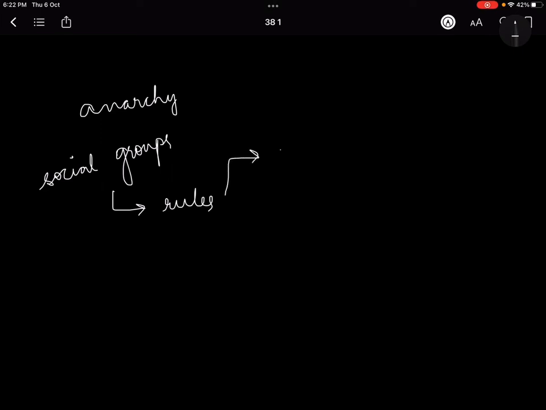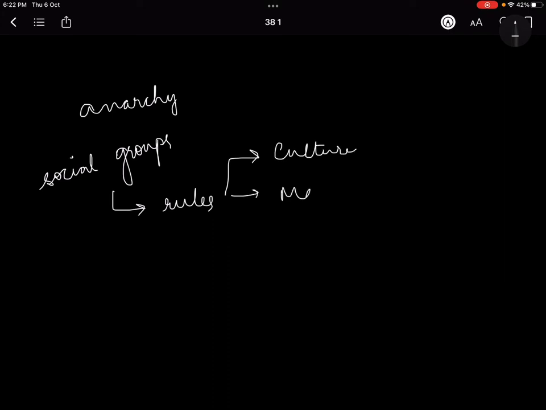So basically there was anarchy. Because in the beginning man understood that we need to live in social groups. There is a need to live in social groups. So when they started to live in social groups, they understood that now we need to have certain rules. To live in these social groups, we need to have certain kinds of rules also. So those rules came in the form of culture,